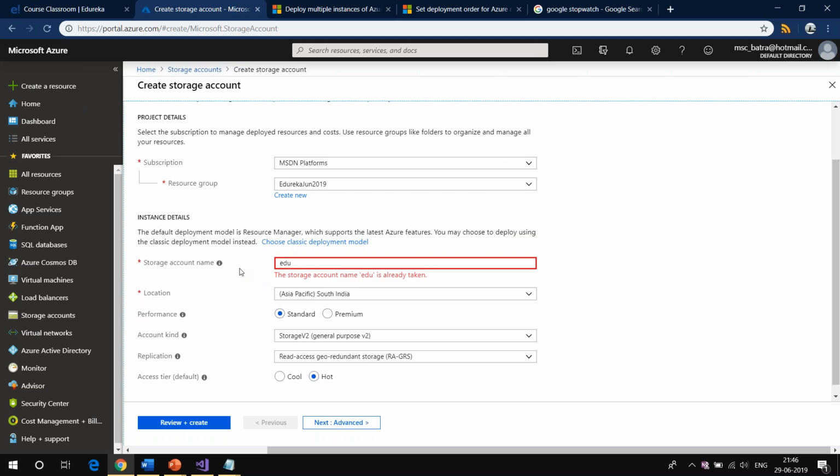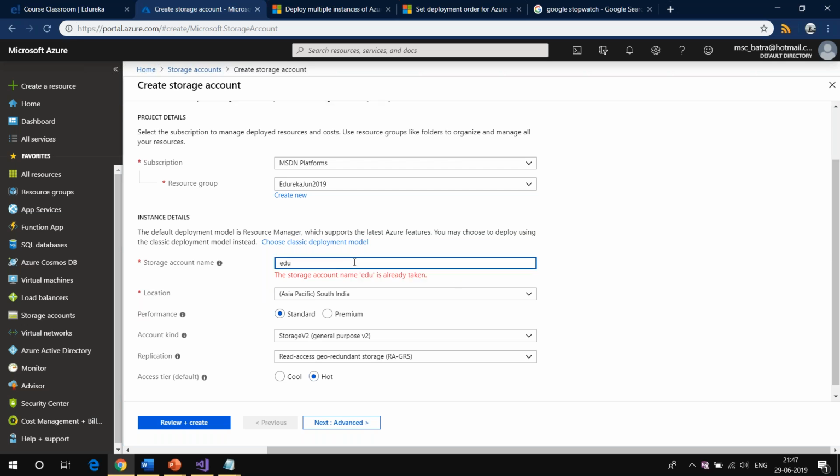Remember, there are some services in Azure where names have to be globally unique, which means that if I create a storage account with the name edu, then you cannot go ahead and create a storage account with the same name. I'll keep telling you during the services whether a name is globally unique or not, but storage account names have to be globally unique, which means somebody has already created a storage account with the name edu, so I cannot do that.